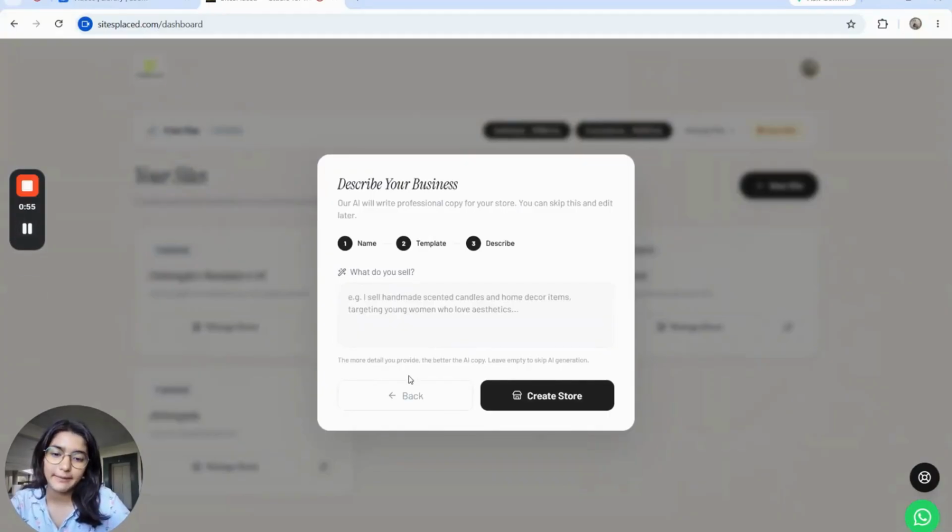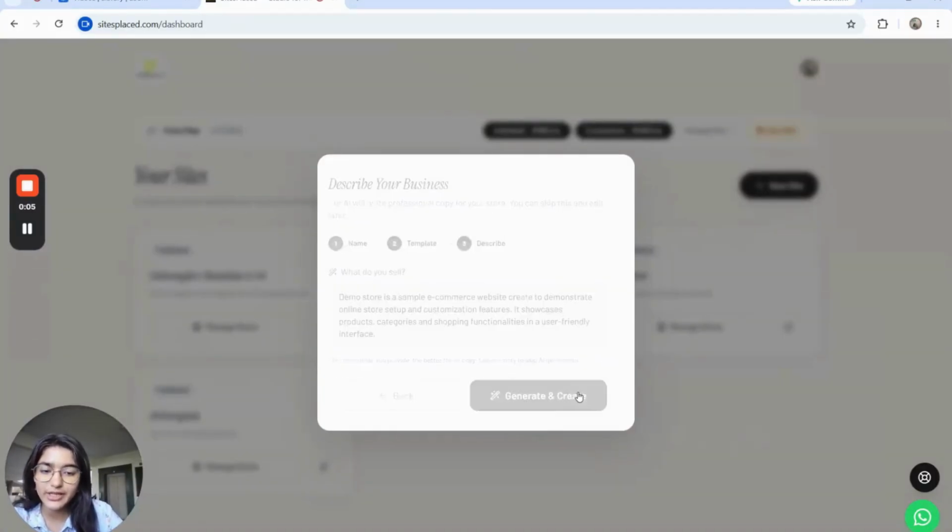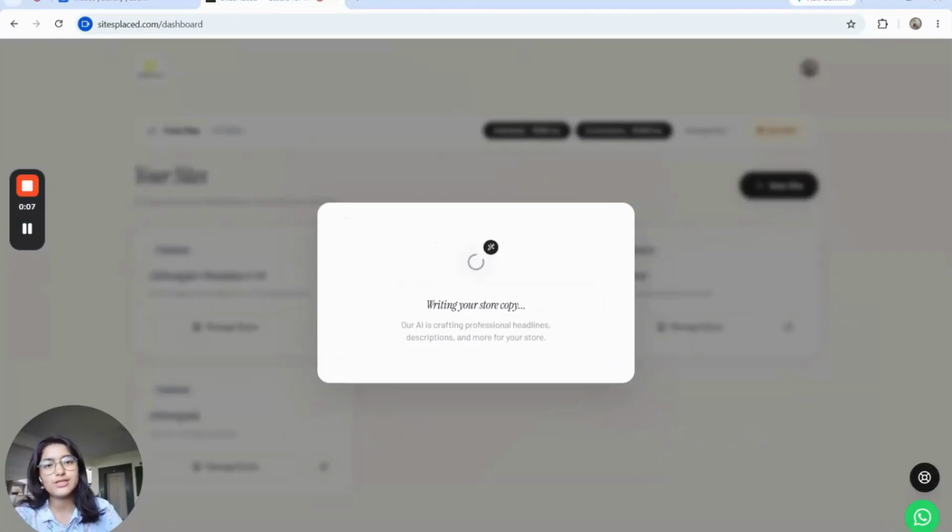After selecting the template, we reach the section Describe Your Business. Here we need to provide a brief description of our products, services and target customers. Sitesplace uses this information to automatically generate professional content for our store. Once you have filled the required details, you can simply click on Generate and Create to proceed with the store setup.